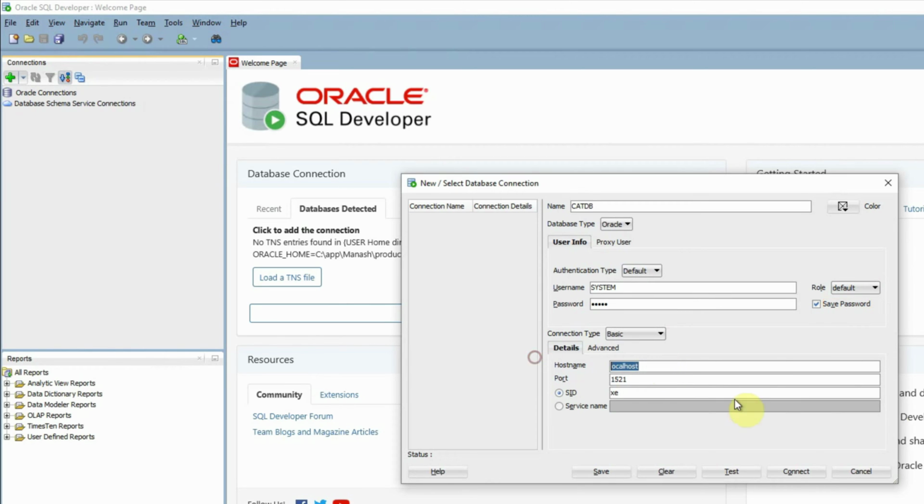That is the name of the server. In my case, it is admin server.manash.home. That is my home domain name. And the port is 1521. And the SID of the database is CatDB. And if I want, I can use the service name also. In my case, the service name of this database CatDB is actually